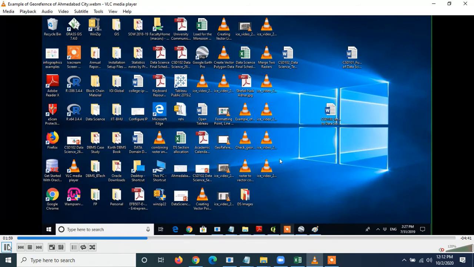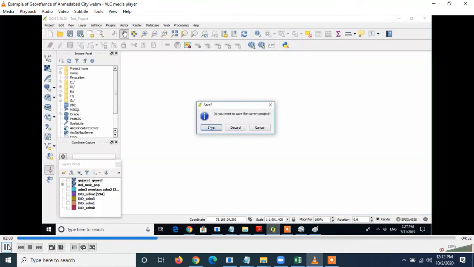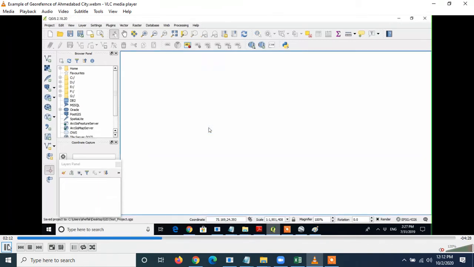Now what I want to do is give georeference to this image file. To give georeference, we'll require some map with a coordinate system. So first of all, I'm going to add some map which has a coordinate system.